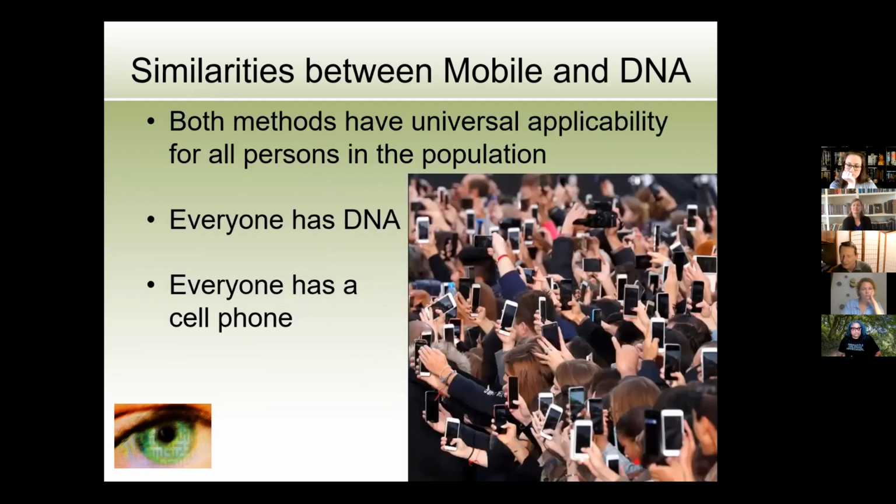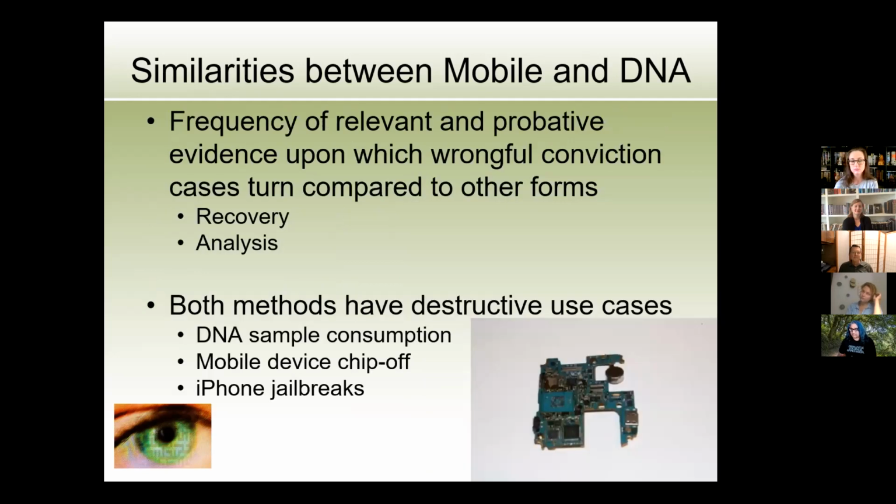So this is why I think both mobile and DNA are just so good at it: everybody's got it, right? Everybody's got DNA built into their body. And everyone, of course, has a cell phone these days. And therefore, it's very powerful subject matter in the life of every human on the planet to look for exonerating evidence. And so this is kind of powerful. And this is why it's so important to be able to master these techniques and to be able to apply them effectively in a criminal litigation scenario.